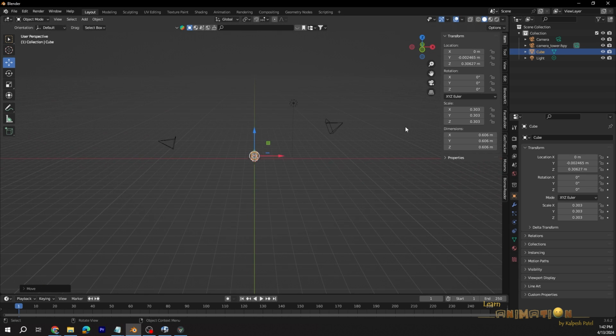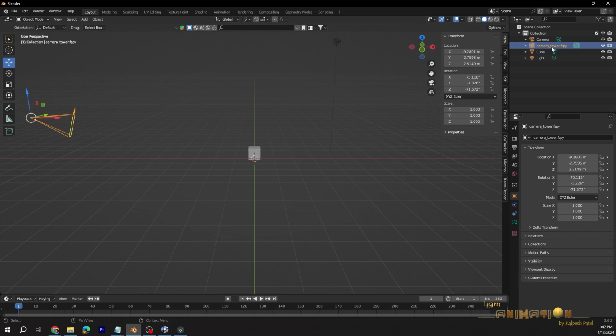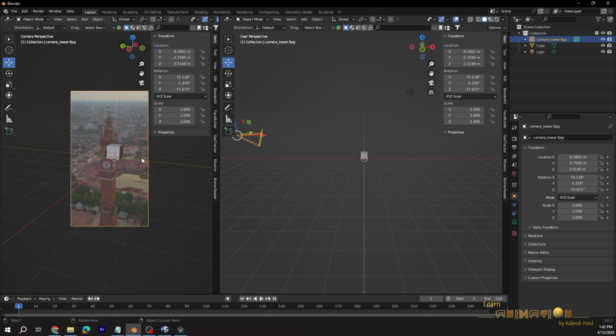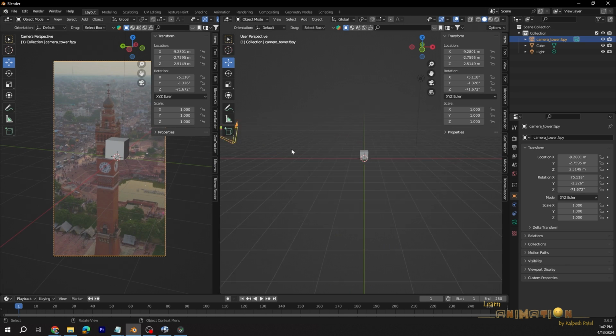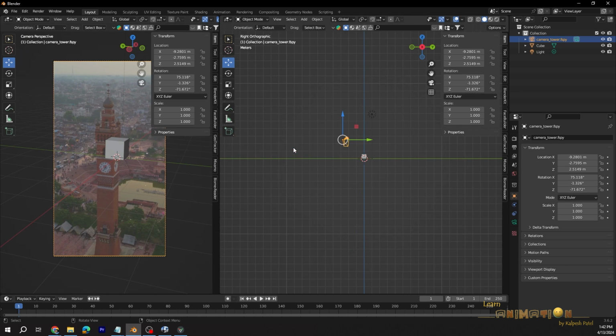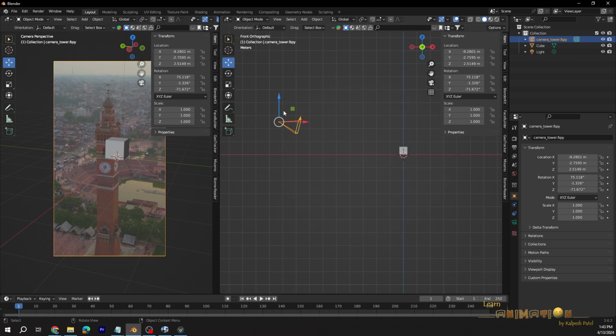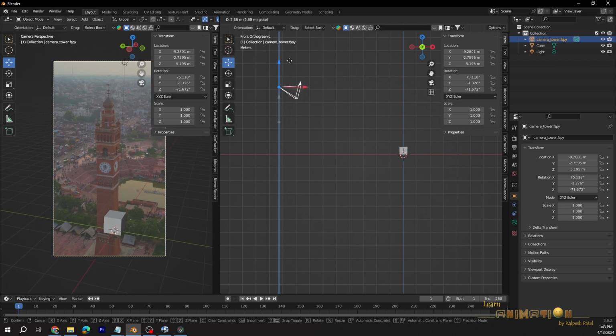After that we have to select the fSpy camera, not this one. Let's delete that camera and we'll select the fSpy camera. Just to cross check, go into the double view and select the camera here, go to the right view or the front, and just bring the camera up.